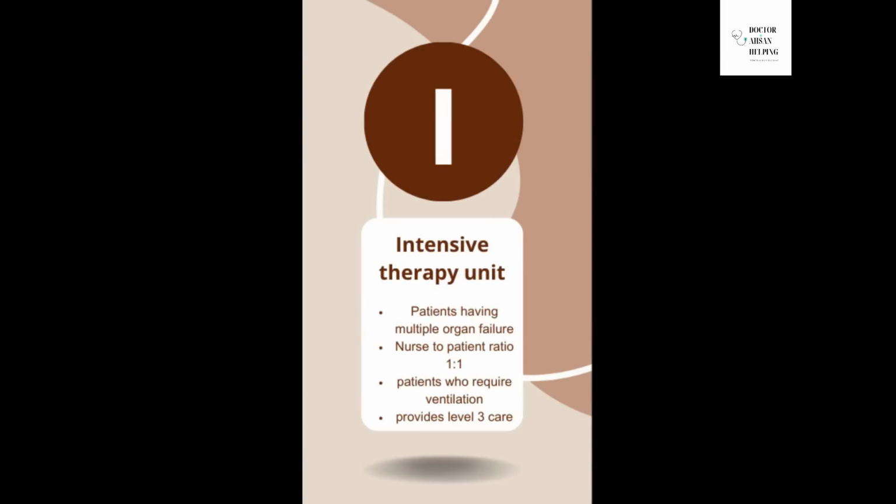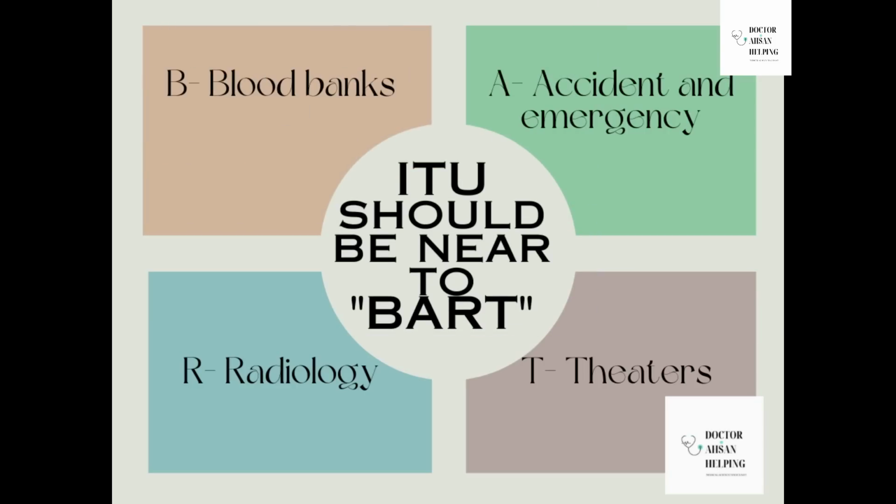If we move further ahead, there is the intensive therapy unit, which is a level 3 care. If we consider the ITU beds, especially in the UK and other parts of the world, they usually comprise 1% of all beds. There is a criteria that an intensive therapy unit should have at least 4 beds, but usually it contains 8 to 12 beds. The intensive therapy unit should be near or on the same floor as BART, which includes blood bank, accident and emergency,